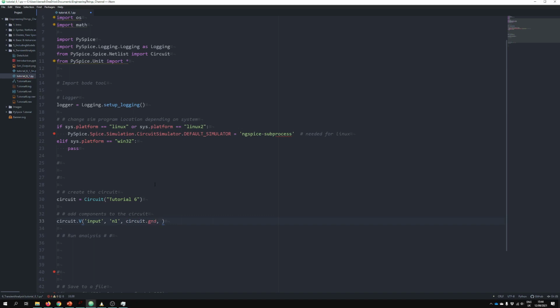And we're going to give this, just for the sake of it, 10 volts. Now this doesn't actually matter because we're going to be varying it, so don't worry. Next we're going to add in a resistor. First resistor going between node 1